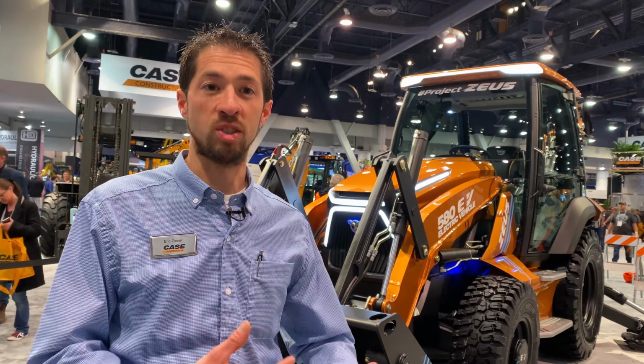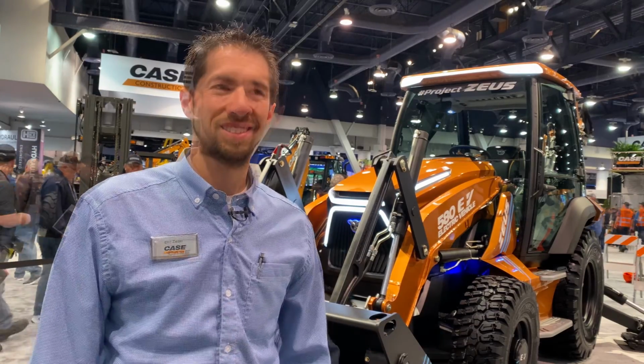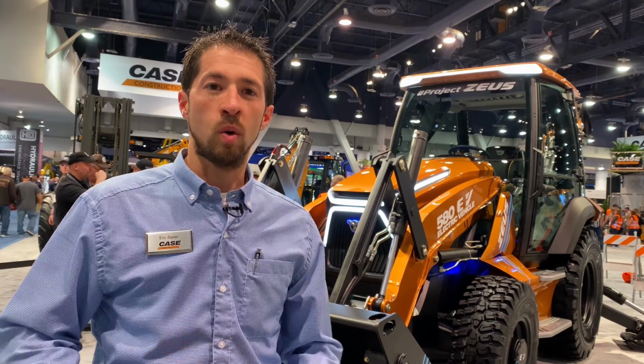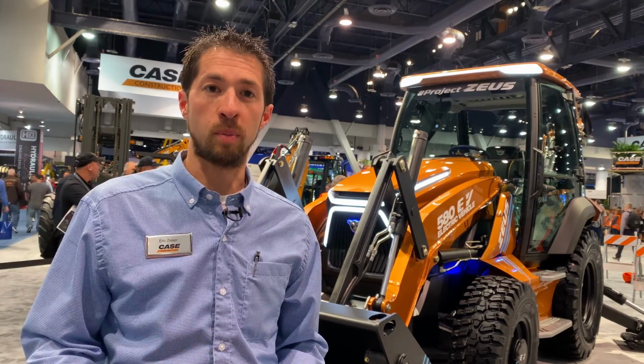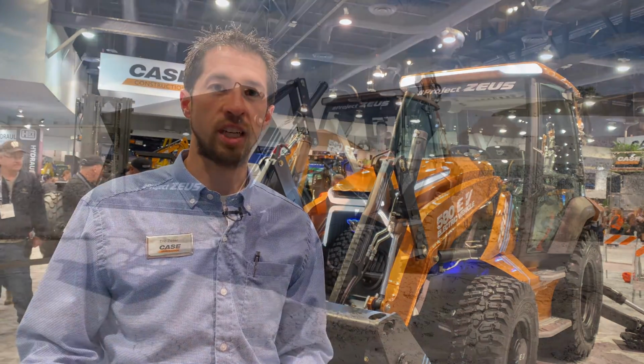So today Zeus is shown to demonstrate the capabilities and technology within Case Construction, but also to make the industry aware of where the future is going to go with electric technology and this conversion of diesel to electric. And so with Zeus being shown here with the lights, the coloring, everything else to drive awareness and interest, we've also worked together with key customers during this development process and going to market. We already have 2 key customers in the state of New York that have purchased these machines under the 580